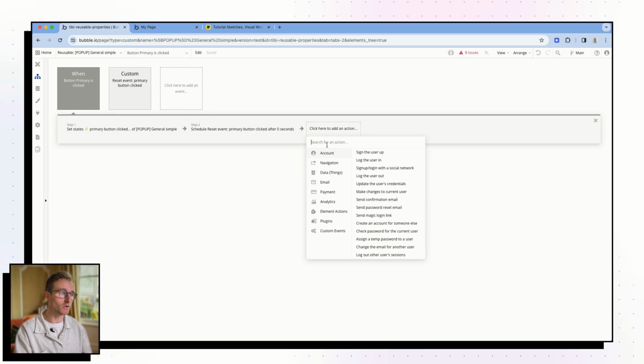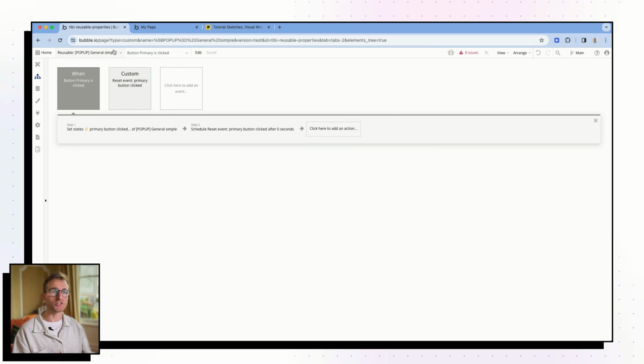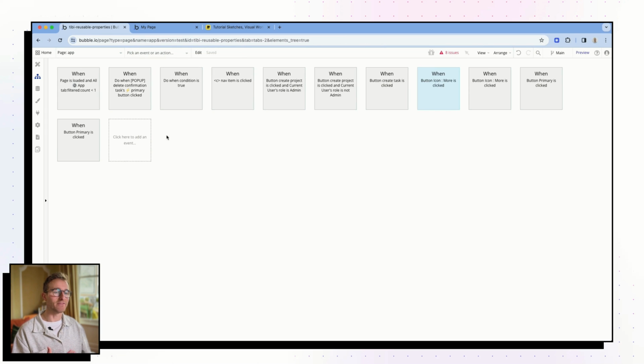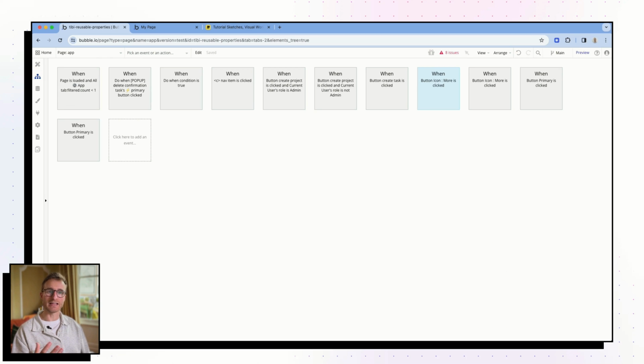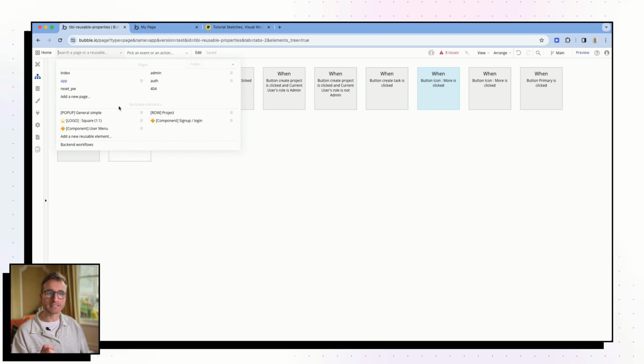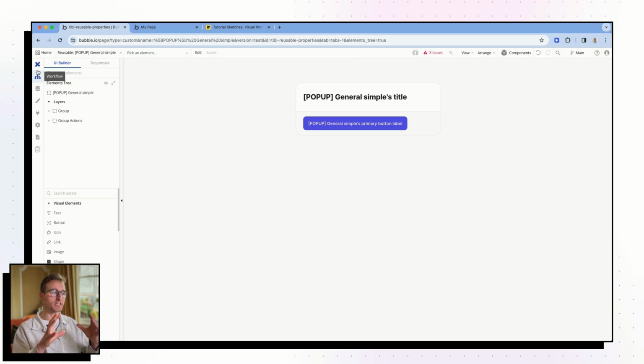I should just be able to go trigger a global event or trigger a reusable event. And on the page, I should just be able to have an action here that is an event was fired from this reusable element and then use that to execute my logic, right? I shouldn't need to do all these hacky workarounds. But nonetheless, despite the hackiness, in my humble opinion, this structure of having this separation of concerns, this decoupled architecture